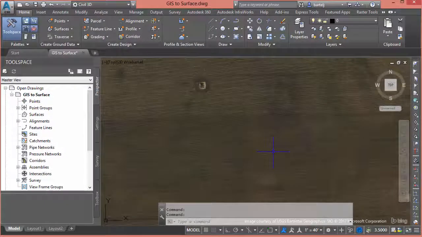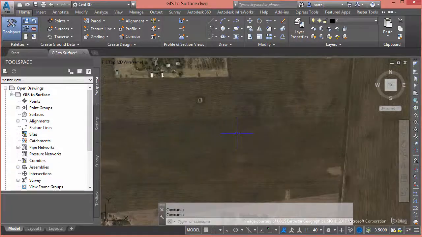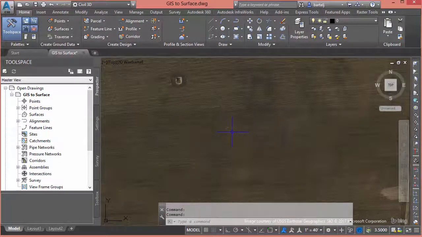Hi everybody, just a short video today to look at a tool that's going to help us in Civil 3D when it comes to creating surfaces. Specifically, I'm working on a project and you can see the aerial photo in the background that we're working with right now. And I've got some geospatial information that represents contours in that area, which is great if I'd like to see the contours in a geospatial format, but I'd like to be able to leverage those contours as a